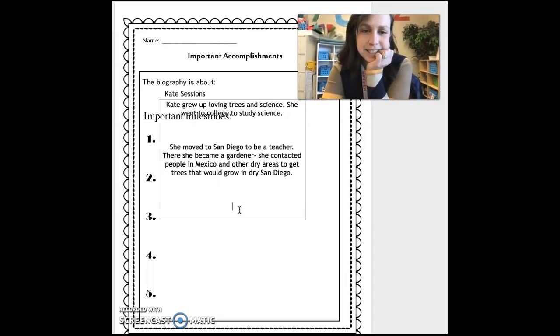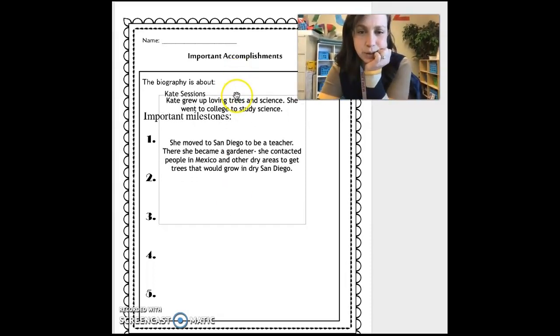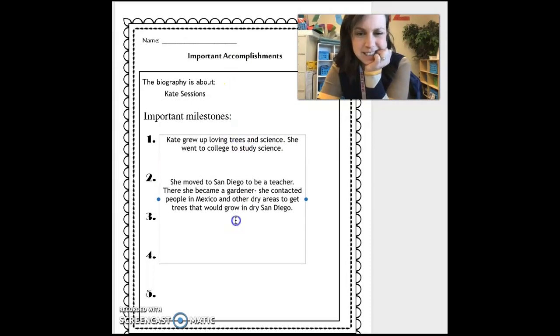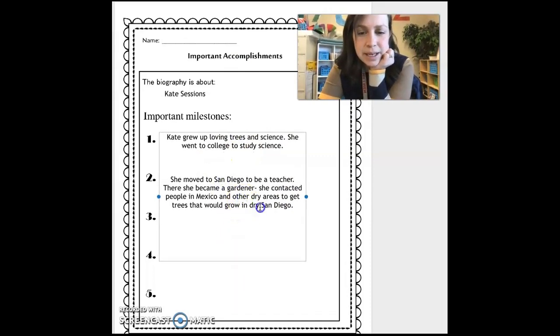Yeah, that was important because she couldn't just go to the store and get any old tree, because trees like people typically see around here wouldn't thrive in that habitat.